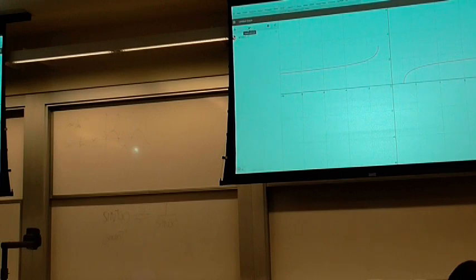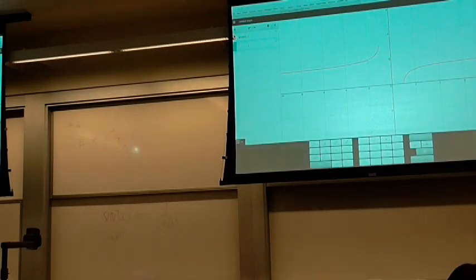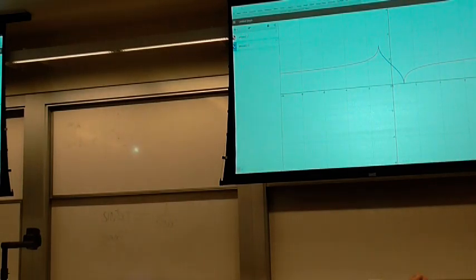Well, I need the technology again here. Oh, I could just say arc cosine x. That'll do it. Okay. Oh, so that's very pretty. So we've truncated again. This isn't the sine and cosine. This is their inverses, right? Which are just swapped. They're just reflected along the line y equals x, and we're using the domain of sine and